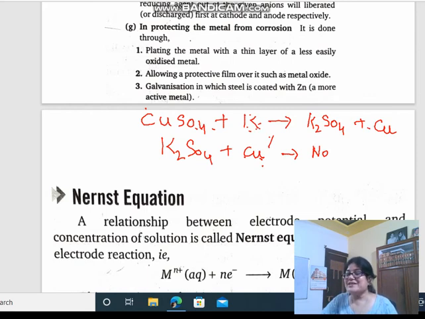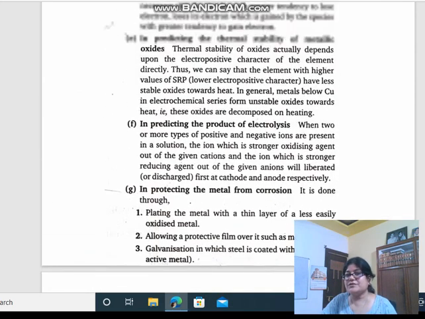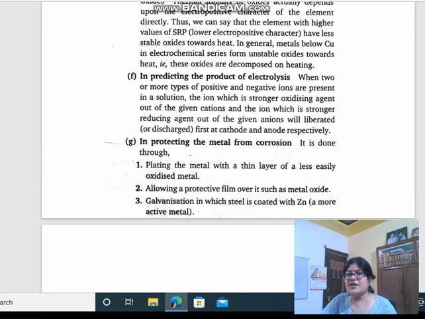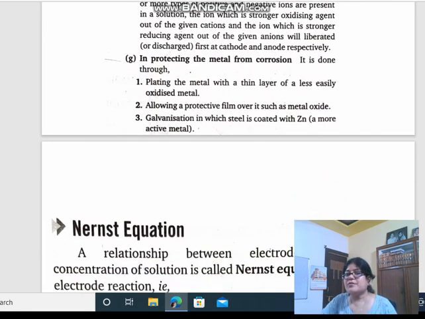If the substance which came in contact is more reactive, then the reaction is feasible. I think it's clear to you now. Okay? So this is known as feasibility of the reaction. Understand? Now it's not useless. Now in protecting the metals from corrosion, it is done through